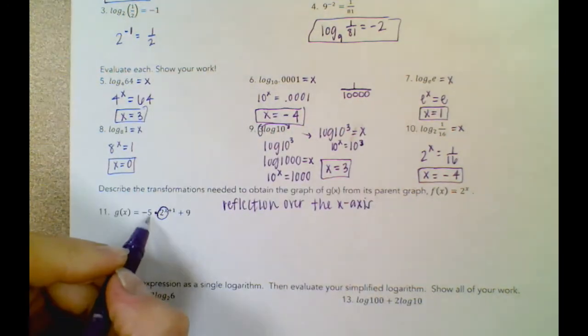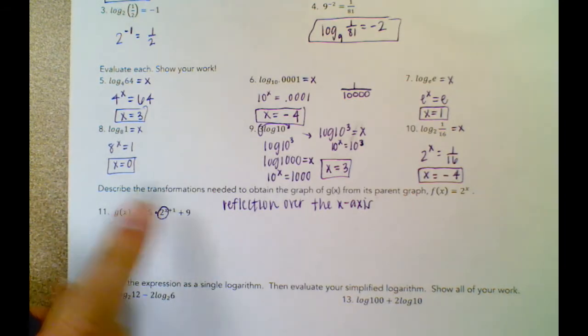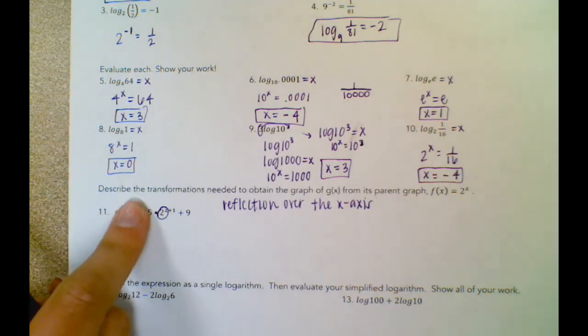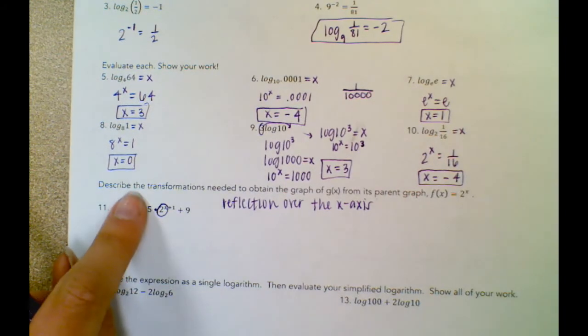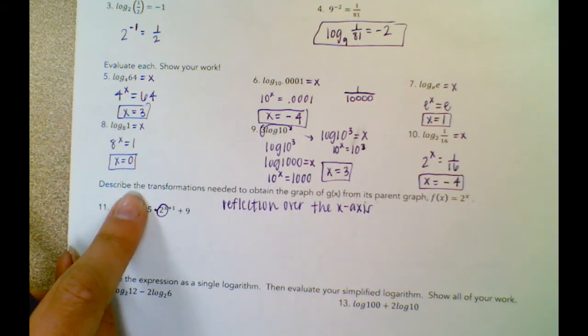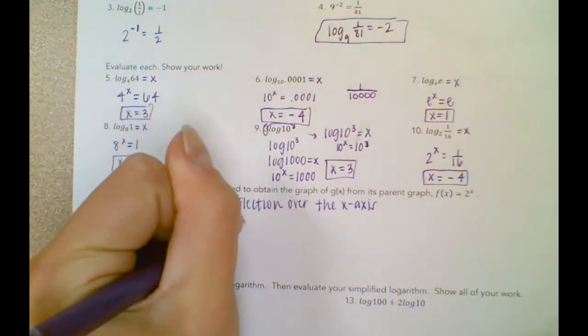Okay. The 5 is its own separate transformation, okay? The negative means that we have a reflection of the x-axis, and then the 5 is its complete own transformation. So that is a vertical stretch because 5 is greater than 1. So vertical stretch